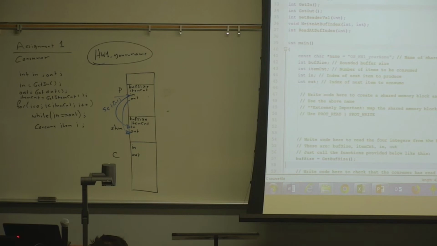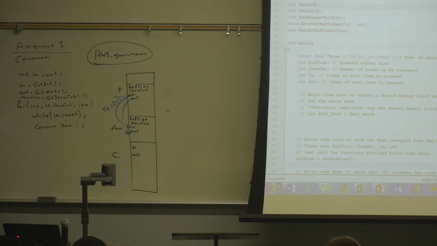Now, there is a fatal mistake here. There is a fatal mistake so this will not work. So what's the fatal mistake? Yeah. You're not updating your out value.